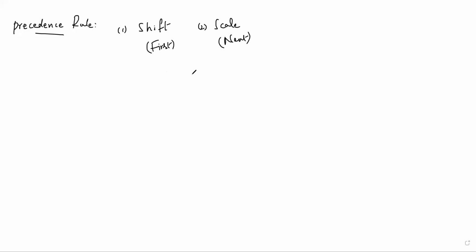For that, I have given some examples. Now I am giving you the same kind of signal, just for recalling the concept once again: 0 to 4, a rectangular pulse signal with amplitude 1. If it is x of t, all of you please try to plot the signal x of 2t minus 6.